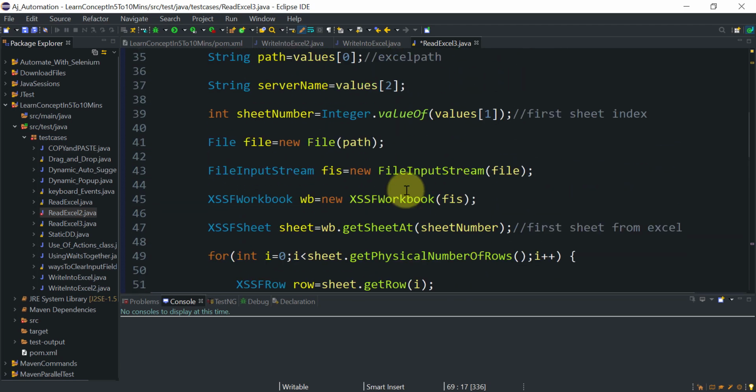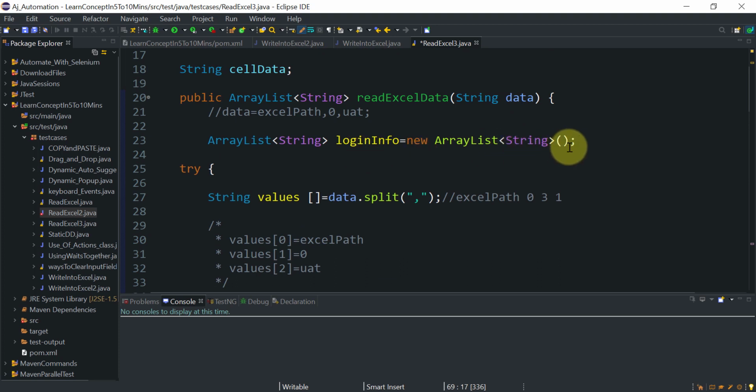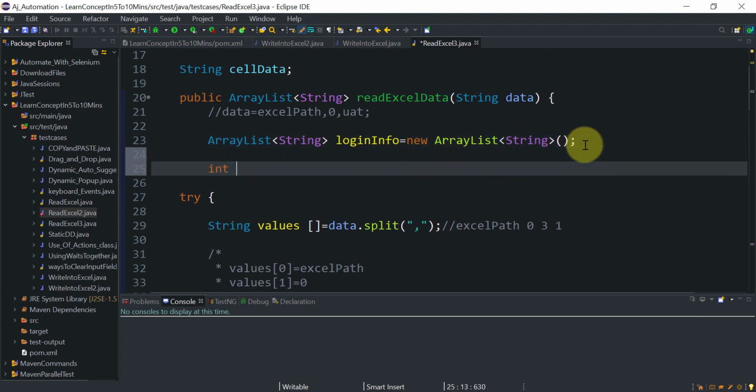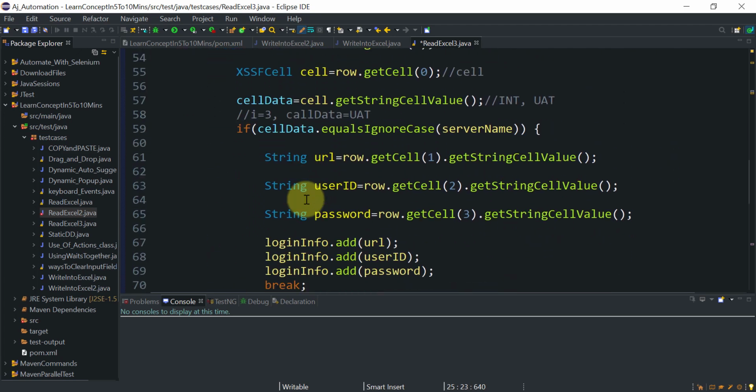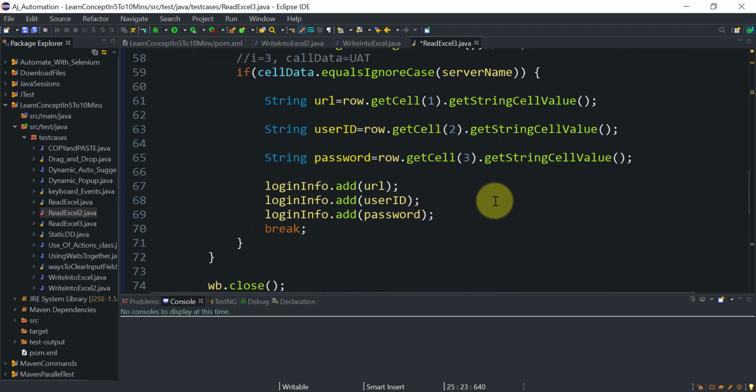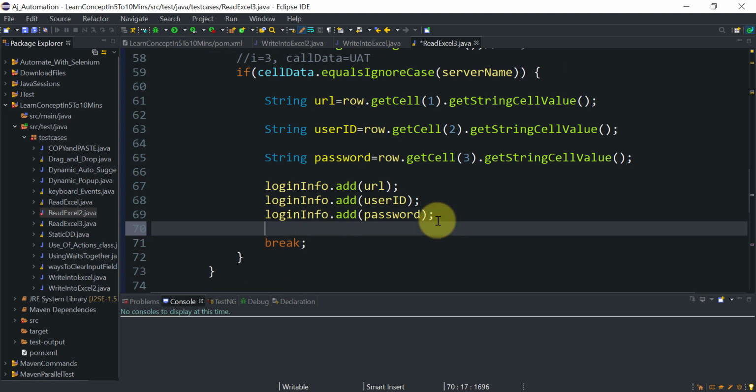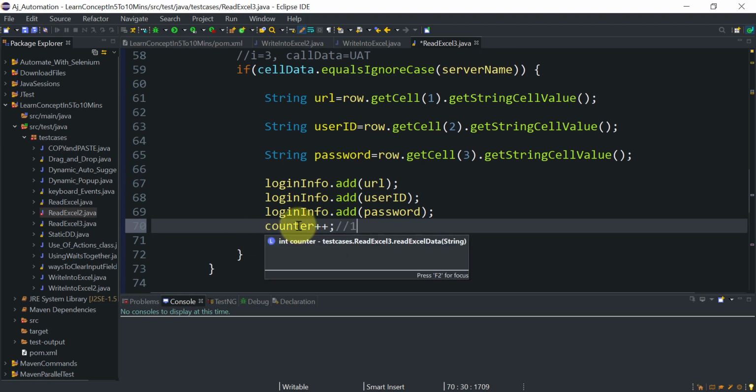So what we'll do here is define an integer counter equal to 0. If it goes to this if block, it means we got the server, so we will increase this counter value. If our server name is valid, it will definitely go to this if block and increase the counter value. So the counter value will become 1 here, it will not remain 0. We can use the value of this counter to check if the server name is correct or not. So how will you do that?